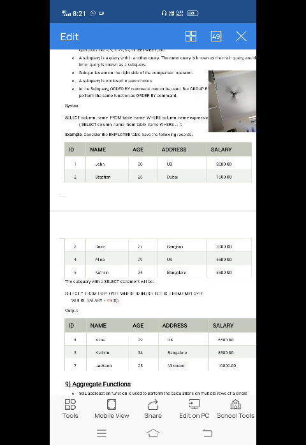In SQL, statements are executed from right to left. We know the internal query on the right side is executed first, meaning the subquery is executed, that result is substituted in that place, then the outer query is executed, then you will get the result. If you want, you can also write this without a subquery, directly: select star from employee where salary greater than or equal to 4500, and you will also get it. But for example purposes you can take it like this.